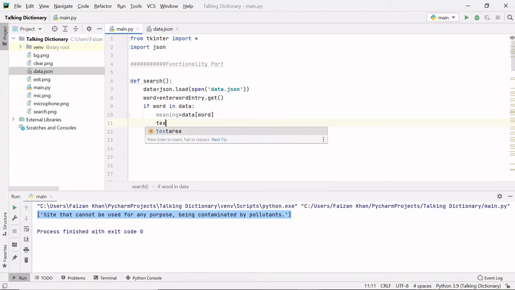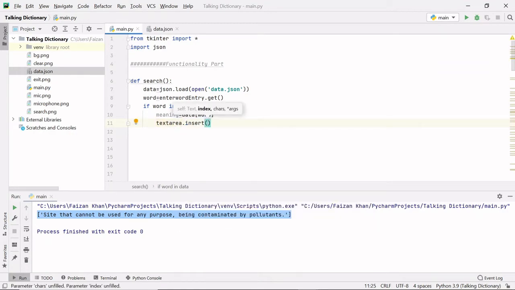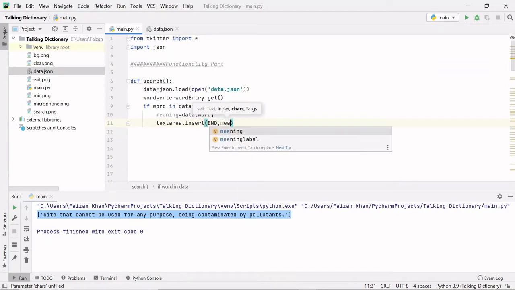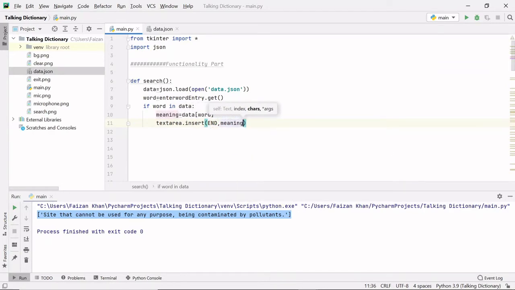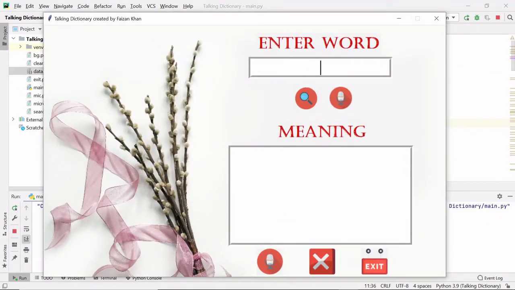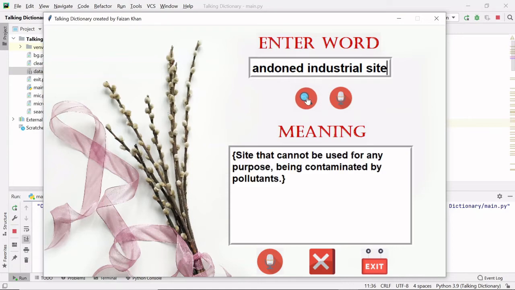So text area, this is the object name of the text class, dot insert. We want to insert the meaning inside the text area, right? So at the end, we want to insert this meaning variable. Okay, and if I run this, and here I paste that word again, and I click on the search button, you can see that we are getting the meaning here, right?